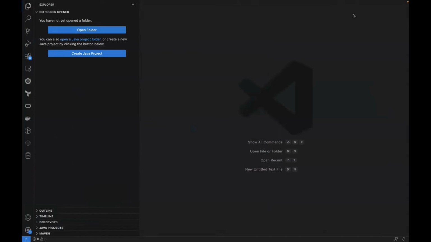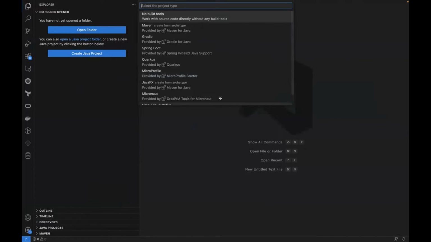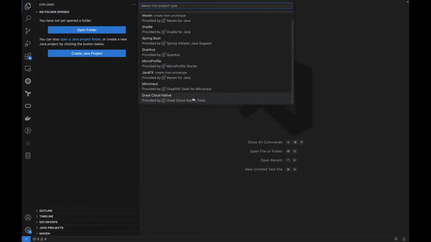Thank you. So now we're in VS Code and I haven't got any projects open. The first thing I wanted to show you is how we embed into Microsoft Java inside VS Code. Everything's done through this command palette inside VS Code. So I can launch that, and I can create a new Java project. So I'm going to do that. And we can see in here that we've got GraphCloud Native added, and we have Micronaut added. This goes back to the point I was talking about earlier, that we're trying to make it easy for people to discover and find our extensions.